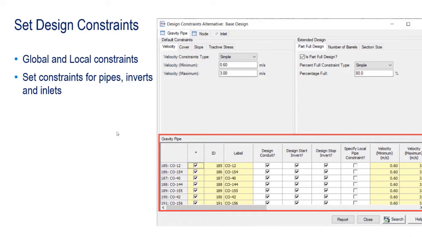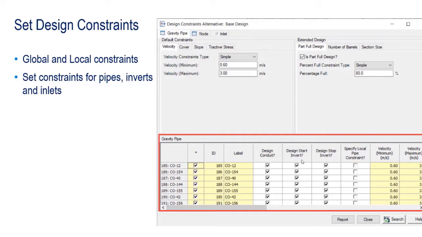Apart from these things, there are two types of design constraints that are global and local. The ones that you set when you go to the analysis tab are the global design constraints that are applied for the entire model. But you might have some criteria that you might choose for some of the pipes or some groups of pipes.